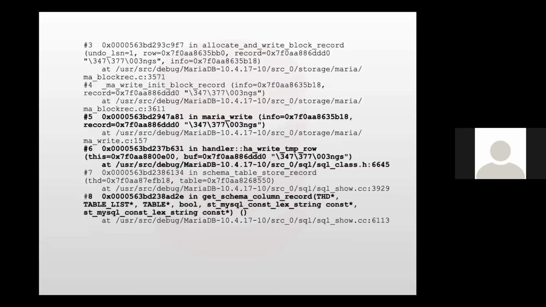If you go forward, especially frames 3, 4 and 5, you can see it's a Maria write. Here I would like to explain that Maria is not a storage engine by that name; it was earlier, but then it was renamed Aria.